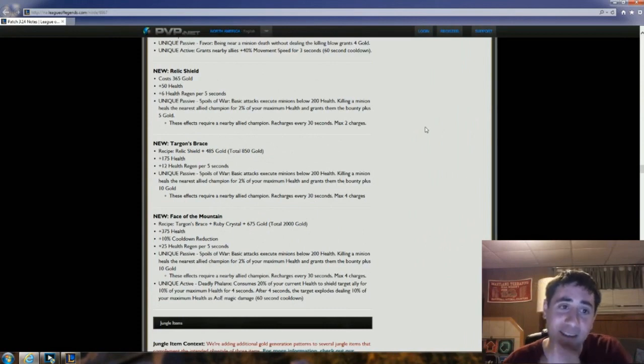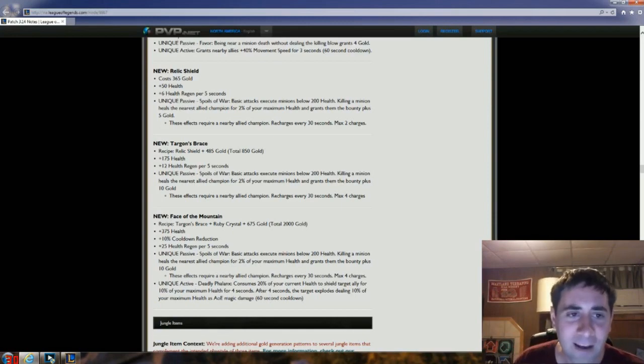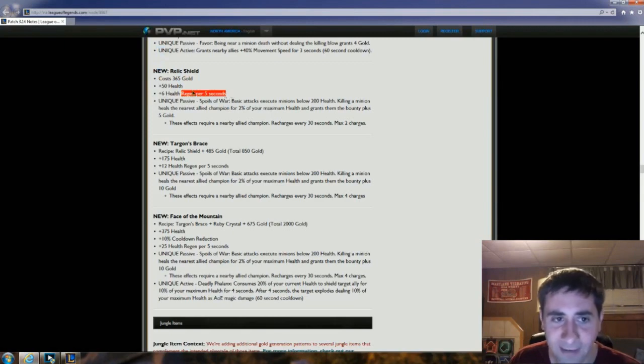And then finally, there's the tank support option, and I really like this one. This one is hard to use, but I think that this is potentially the best of the three. Relic Shield costs 365. They all cost 365 gold. Starts you out with health and health regen, which is quite nice. So if people are not heavily mana dependent, like Leona, for example, like Thresh, for example, you go this route,